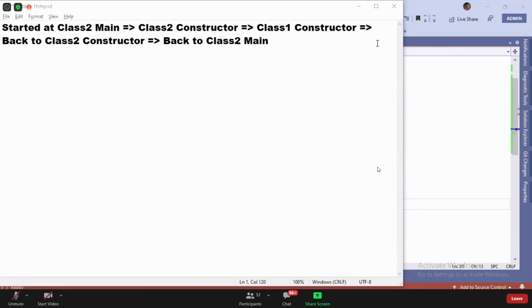Now, the big doubt that arises in the mind is, why is the child class constructor going and calling the parent class constructor? What is the reason for calling the parent class constructor from the child class? This will be a big confusion for us now. Okay, so let me clarify this, guys. Why are all these things necessary and why are they required?